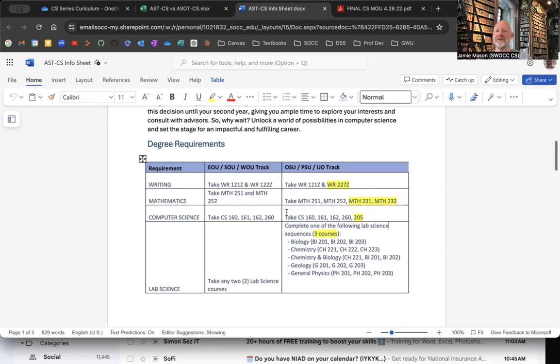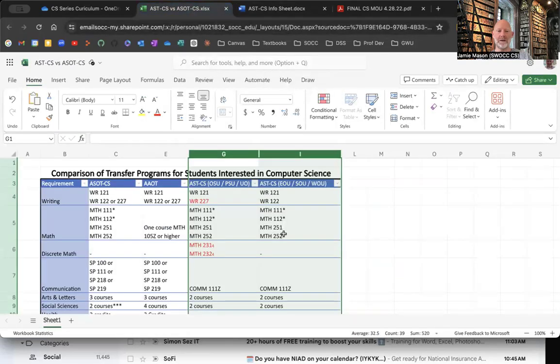But in order to maintain your financial aid, if you're going to go to college at SWOCC or another community college, you need to be pursuing a specific degree program. Financial aid will not pay for courses that are not meeting the requirements of a declared degree program that you're in. So you do need to declare a degree program. And in that case, what you want to do is to declare a very flexible degree program so that the constraints of getting your associate's degree are not holding you back from taking the courses you need after you transfer into the other